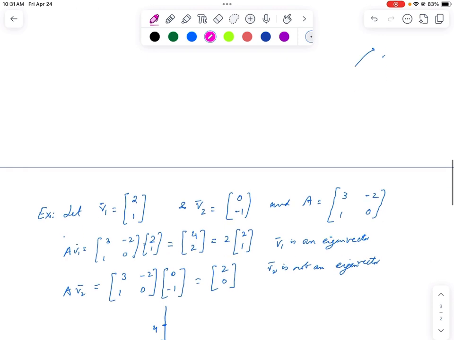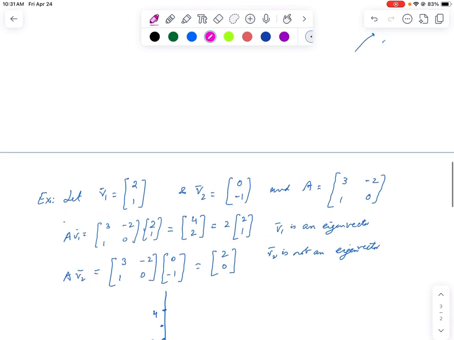Let v1 and v2. It's better to have a 2 by 2 matrix, it's easier to see. So v1 is the vector 2, 1, and v2 is 0, negative 1, and A is this given matrix. We see that Av1 gives us 4, 2, and I can pull out the 2, and I get 2 times 2, 1. What is 2, 1? That is our v1. So this can be written as 2 v1. So v1 is the eigenvector of A